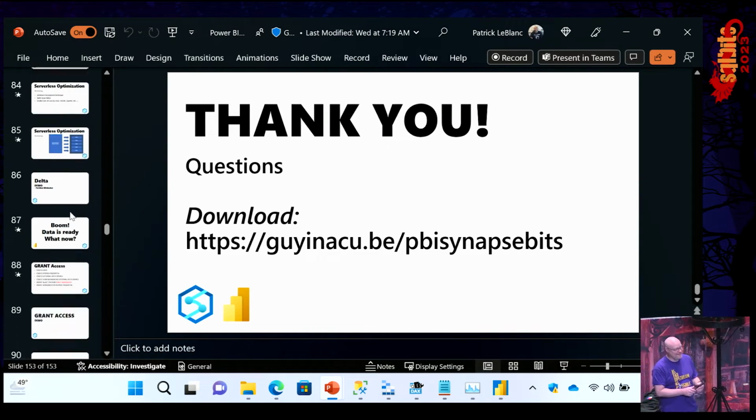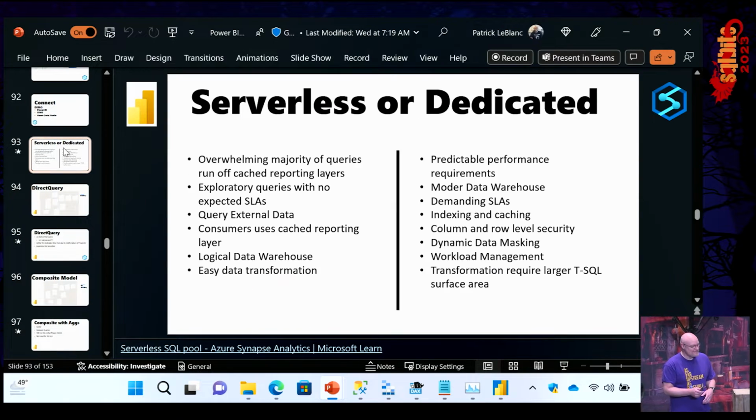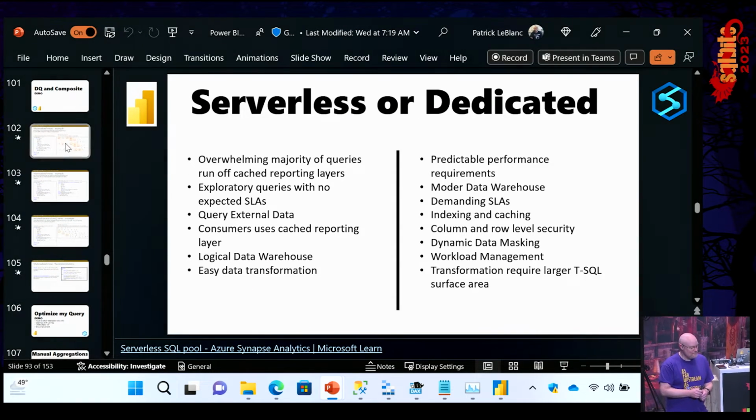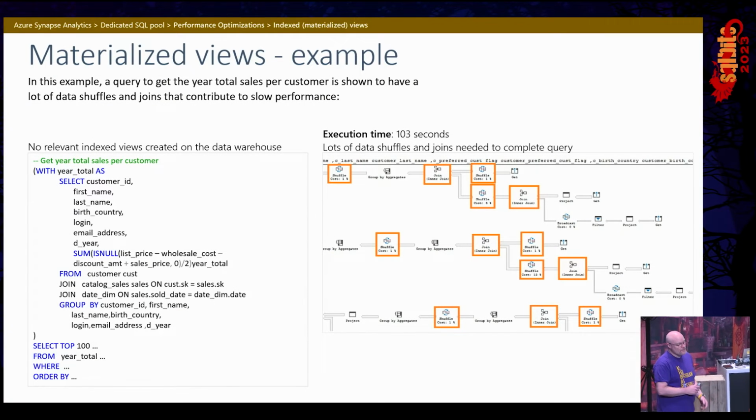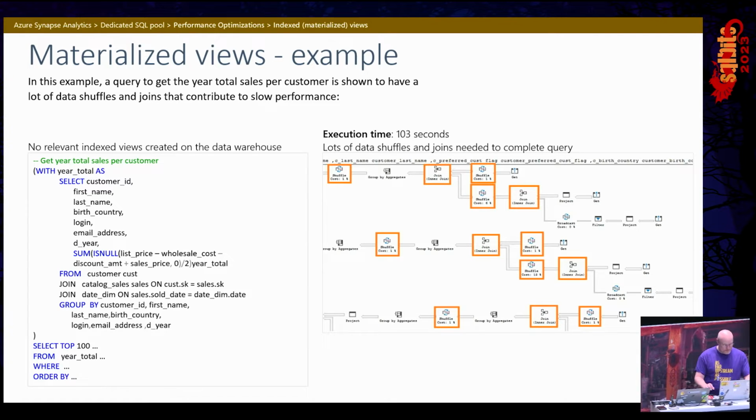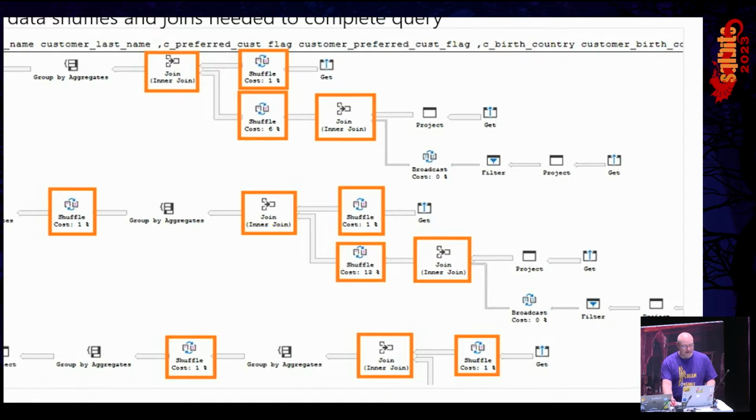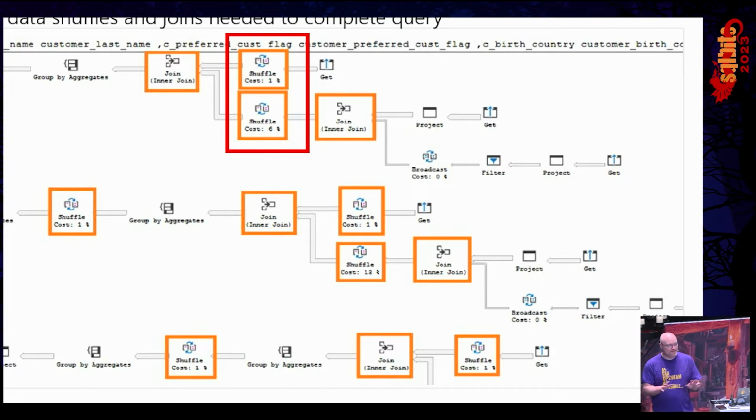You're going to pull it up. I am. Where is it? Okay, here we go. Yeah, there it is right there. So it's this idea of, and I'm going to actually take over your machine on that, when you're looking at a given execution plan, you see this item here called shuffle. That is your enemy. You want to get rid of the shuffle, minimize the shuffle. And what's happening is that it's having to move data across different underlying nodes, and that becomes a severe performance bottleneck for you on the Synapse side of things. And so the materialized view will help you reduce the shuffling so you won't have it anymore.